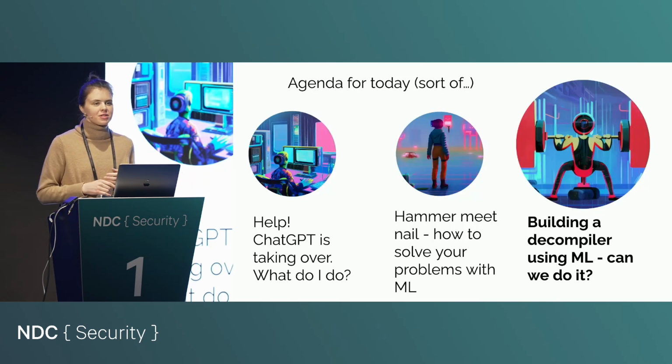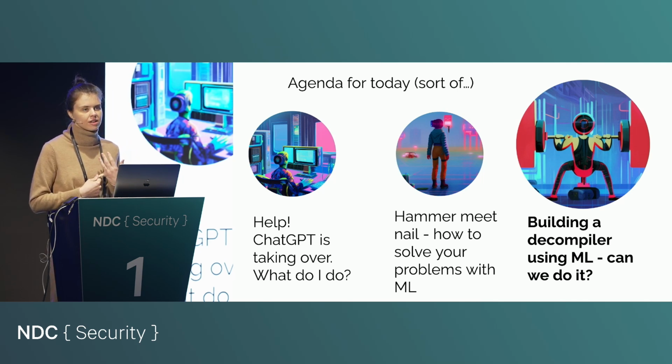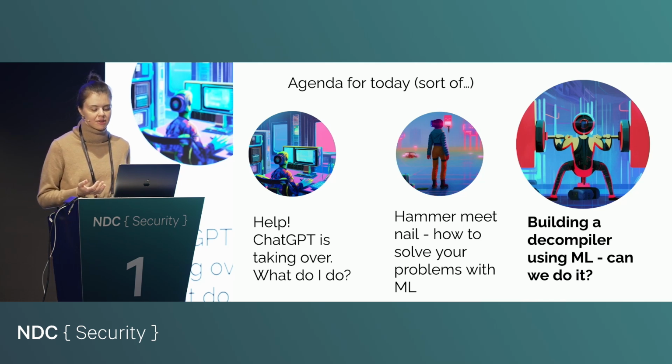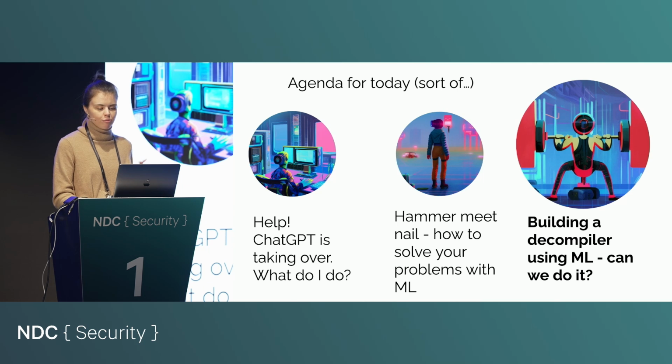So that was a brief tour of how you might take a problem in security, say malware classification, and start thinking about it in terms of machine learning and also build a model out of it. But getting back to what we're here for, which is to take the knowledge that we've built in the first part of the presentation and see if it's possible to build a decompiler using some kind of machine learning model. So can we do it? Should we do it? Why is this a bad idea?